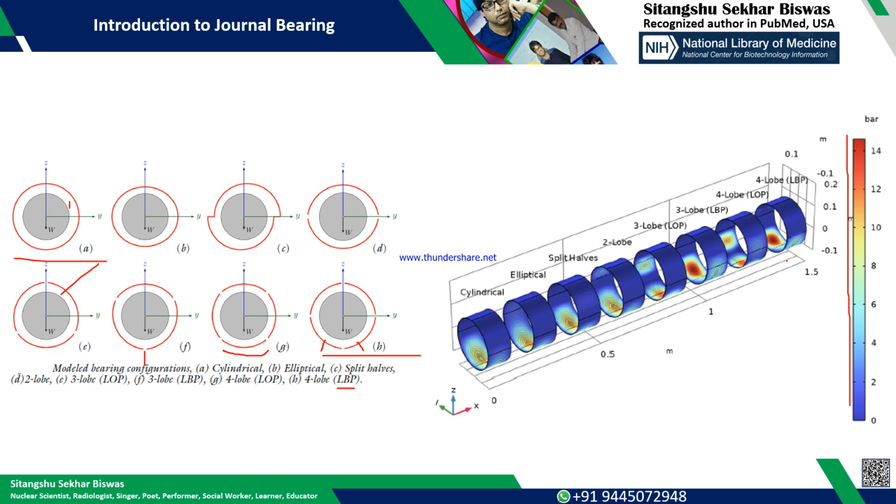In the hydrodynamic case, the oil film forms by its own. In case of hydrostatic bearing, an external pump or some separate mechanism is attached, which will create the pressurized flow, and that flow will lift the shaft. Okay,